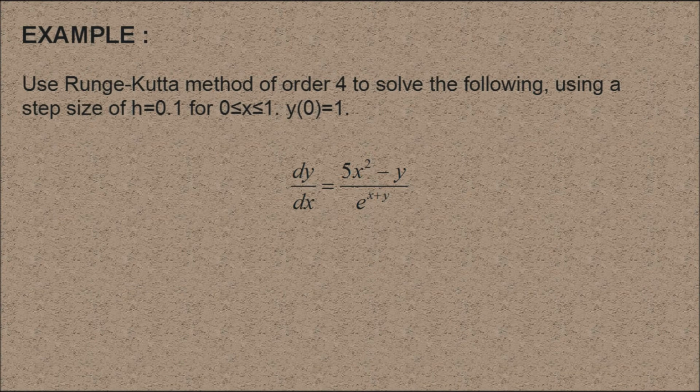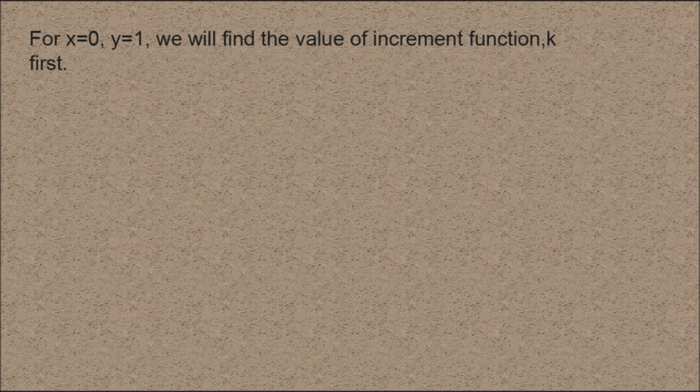Let's take a look at an example of the fourth-order Runge Kutta method. The question is, use the Runge Kutta method of order 4 to solve the following using a step size of h equal to 0.1 for x greater than or equal to 0 and x less than or equal to 1, for y0 equal to 1. The differential equation is dy over dx equal to 5x squared minus y over e to the x plus y. From the given condition, where y equal to 1 when x equal to 0, we can substitute the